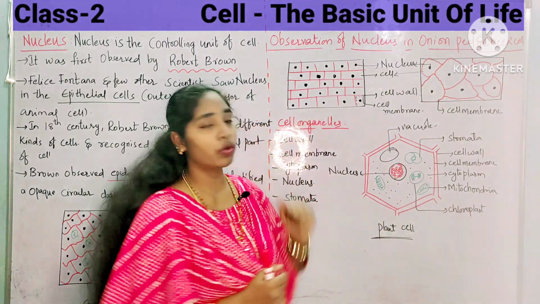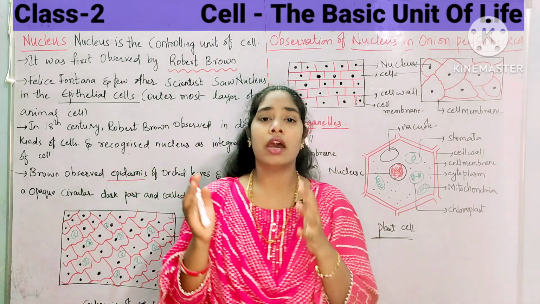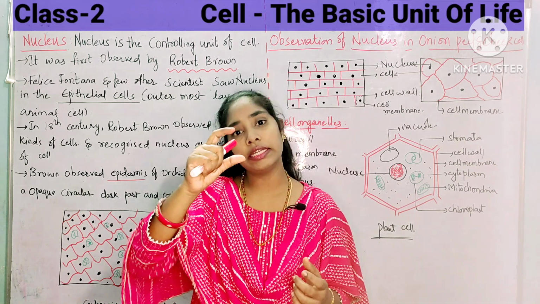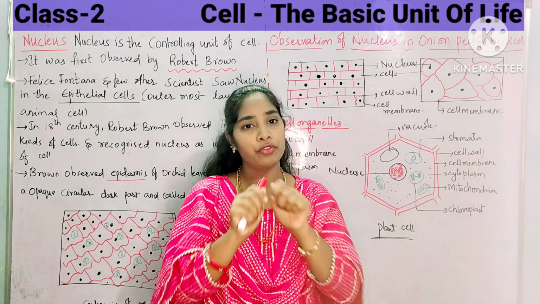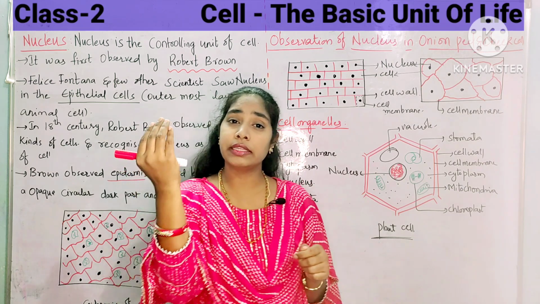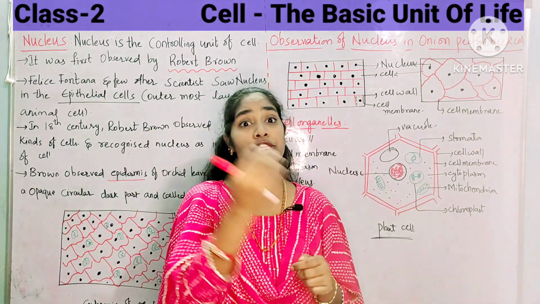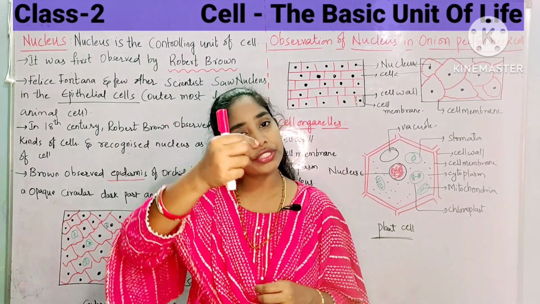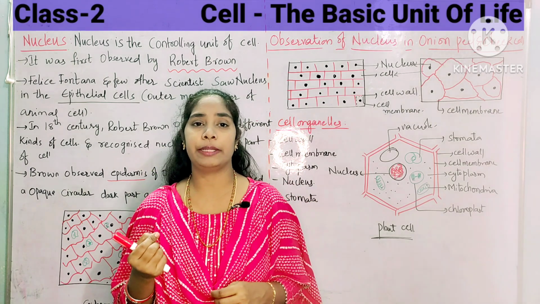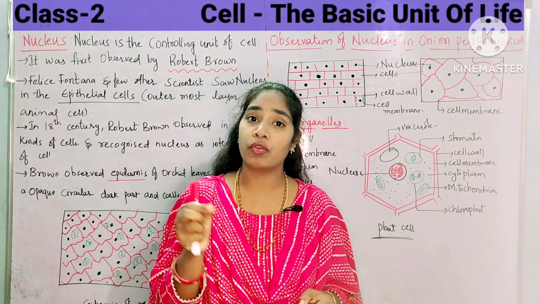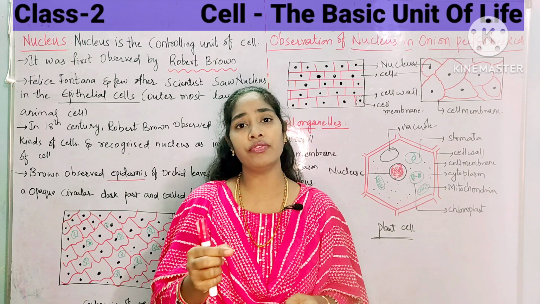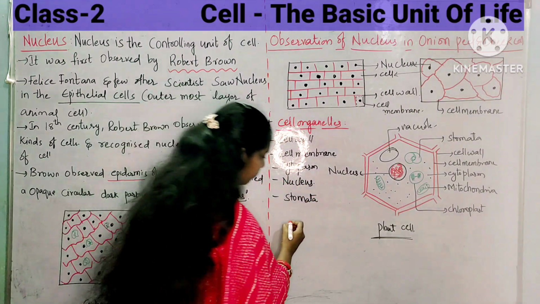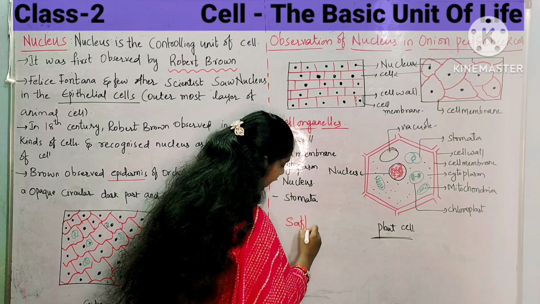First, you have to select any onion. Select the onion bulb and then take a thin layer of it. From the thin layer, if you try to break it, you will see a thin transparent membrane attached to the inner part of the onion. Try to separate that delicate part, put it on the slide, add a drop of water and a drop of safranin or methylene blue. You have to use a stain called safranin.